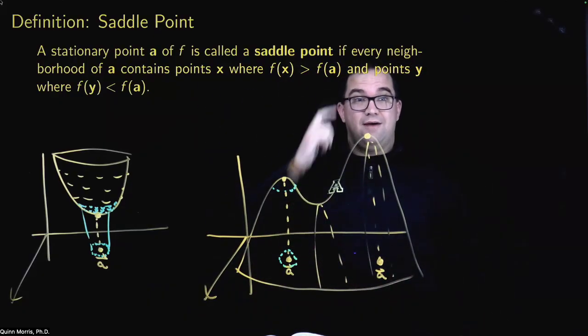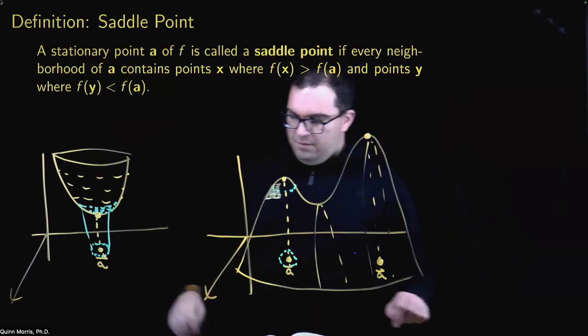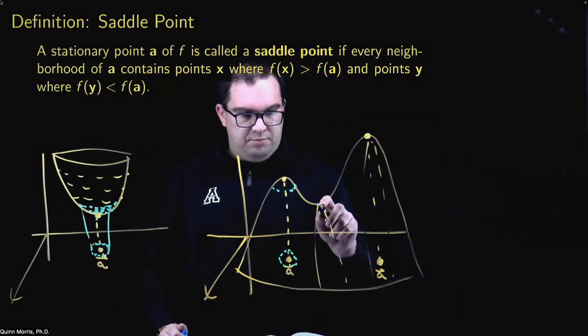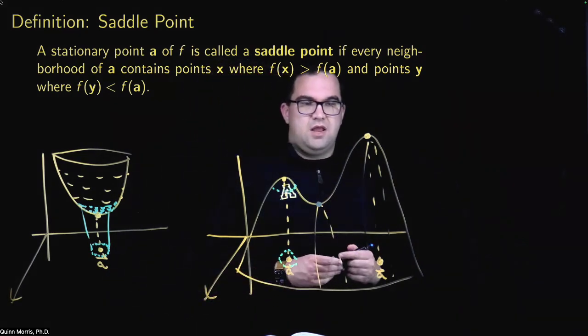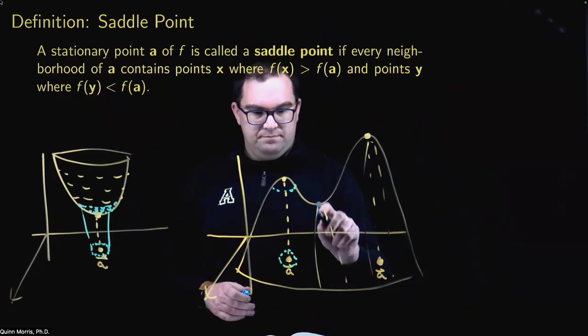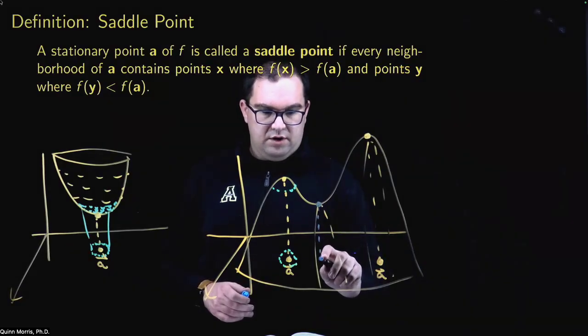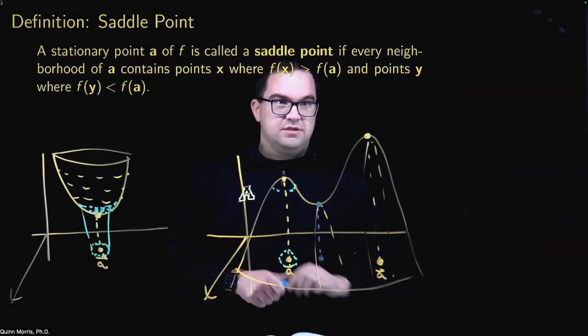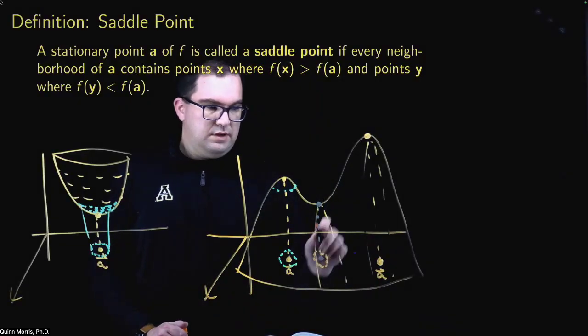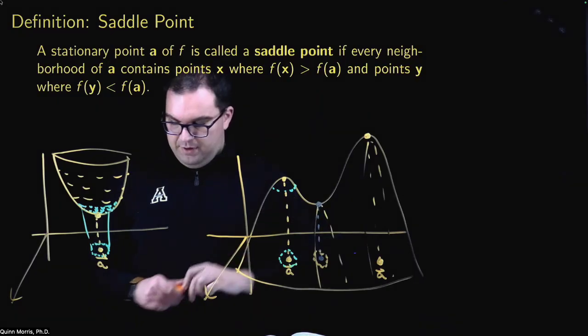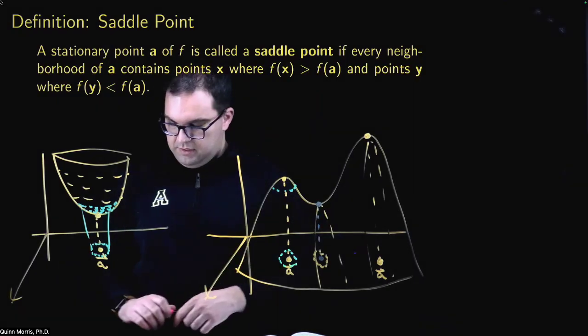But even in this case, we can see this other example. We also can have saddle points. If you imagine looking at this point right here, now this cannot be a local maximum, because if I take any neighborhood of this point, and I map it up here onto my surface,